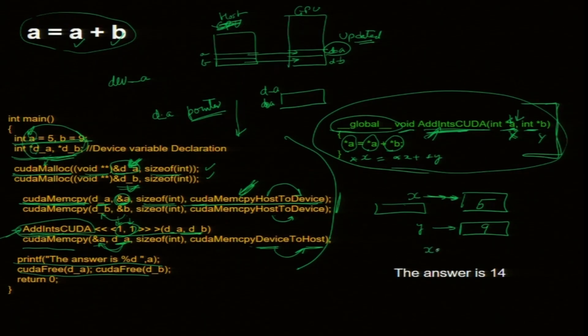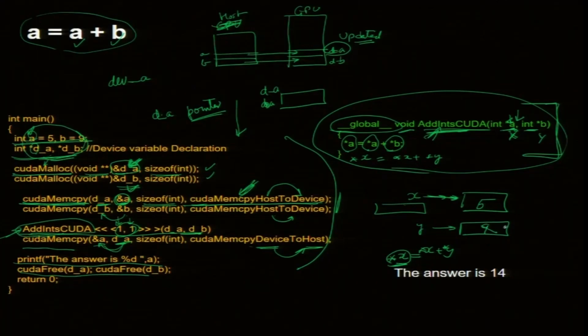If I say x plus y equal to x, what will I get? My address will be changed, not the number. To change the number, I need to redirect, go inside. So, I put it inside, and that is what I will do. After we have summed those values, we need to put that back in the address. When I did this, the number is already updated, because it is passed by reference.